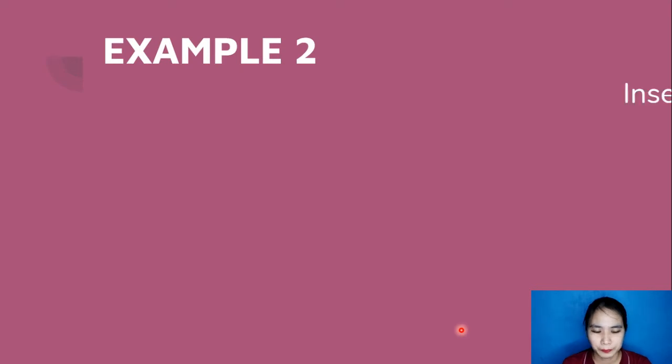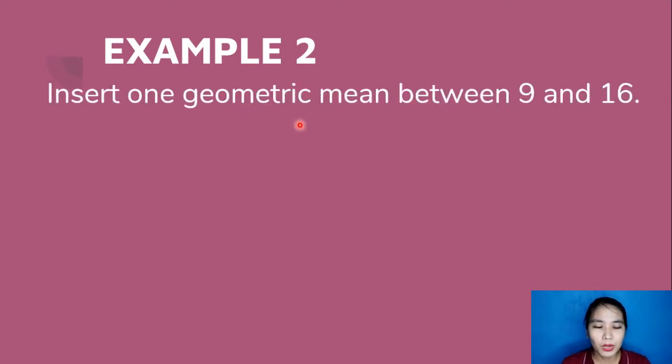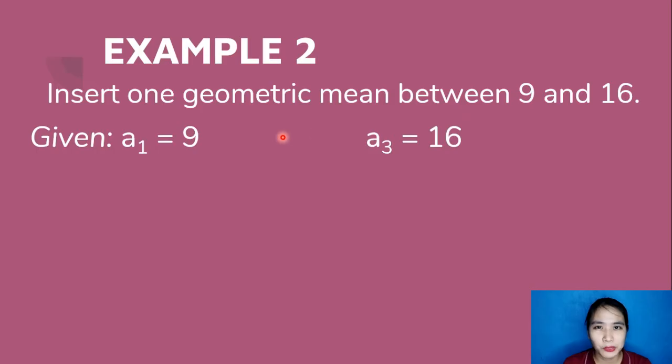Example number 2. Insert one geometric mean between 9 and 16. The given here will be the first term, or the a sub 1, which is 9, and a sub 3, or the third term, which is 16. So we have here a sub 3 because we only have to insert one geometric mean. And this one geometric mean will be the second term, or the a sub 2. So therefore, we need to find for the a sub 2, or that would be the geometric mean between 9